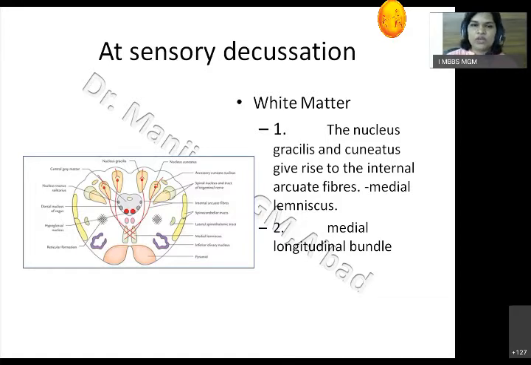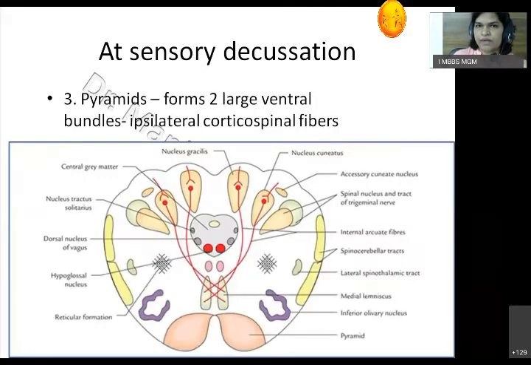Okay, now secondly, we are able to see this pink colored oval structure that is called the medial longitudinal bundle. It is again white matter. So these are the white matter. Third is the pyramids. Now you have to remember, in the upper part of the medulla, we were able to differentiate two pyramids because of the anterior median fissure. Well, in the lower part of the medulla, there is a blurring of the line because of the decussation. That means in the lower medulla, there is a decussation.